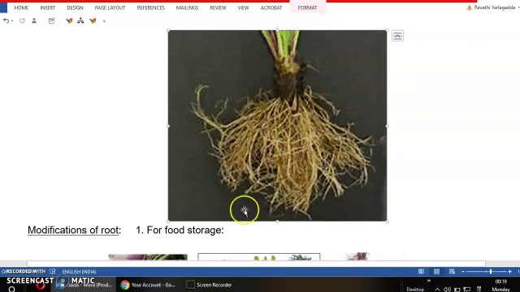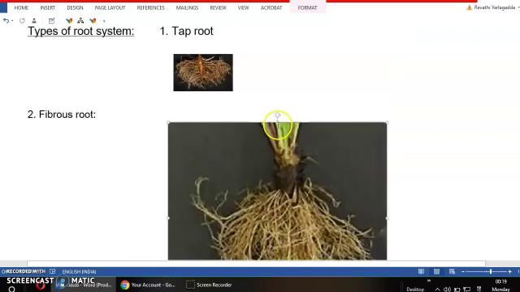higher level. They do not grow much taller, because the roots do not support. If the plant grows much taller, the roots cannot support the plant's weight. That is why these plants grow very near to the ground, and they do not grow much deeper, so they can't absorb as many minerals and as much water as the taproot is absorbing. So this is about the taproot and fibrous root.